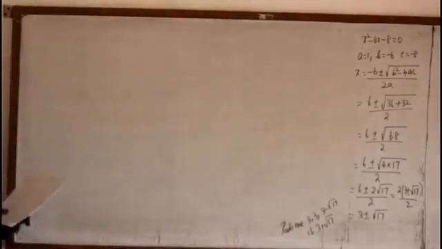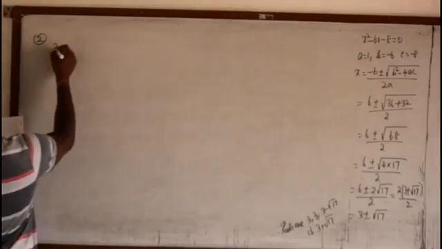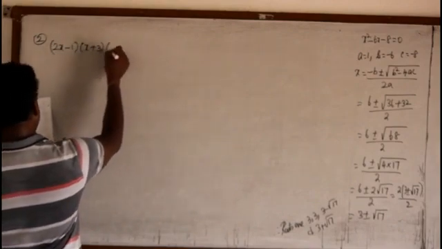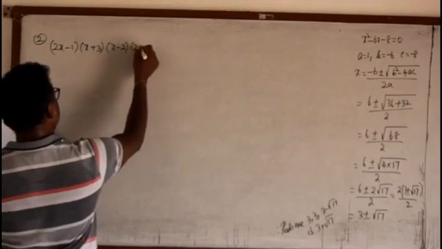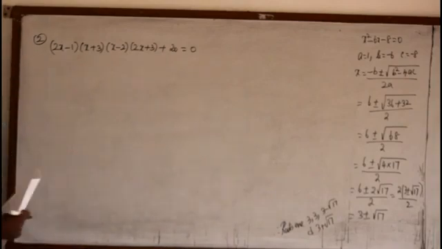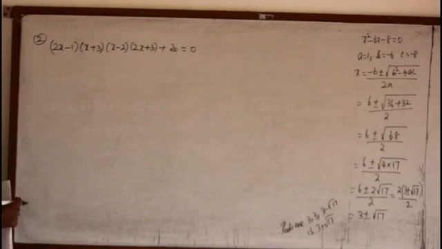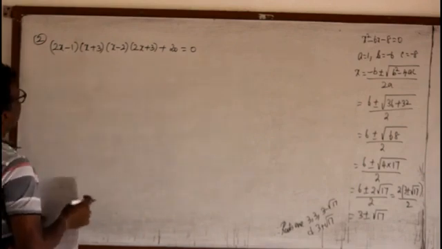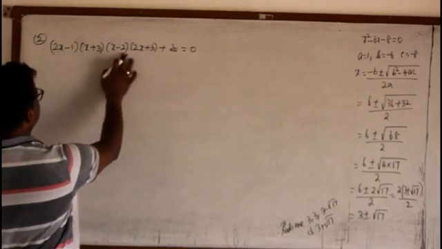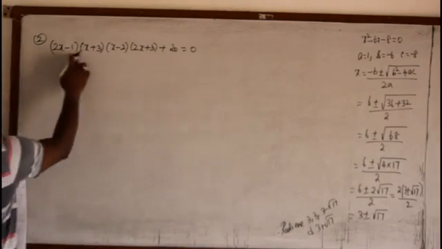Now we should go for the second problem. With that, the exercise itself gets over. So (2x minus 1)(x plus 3)(x minus 2)(2x plus 3) plus 20 equal to 0. So far we found a connection only among the constants. Now we cannot have any connection among the constants, because 3 minus 1 is 2, here 3 minus 2 is 1. So we don't have any connection among the constants.